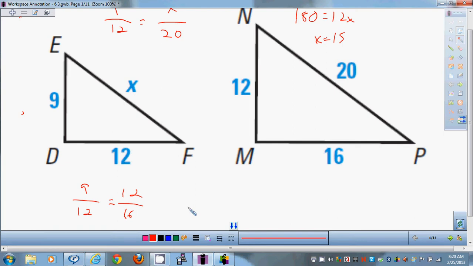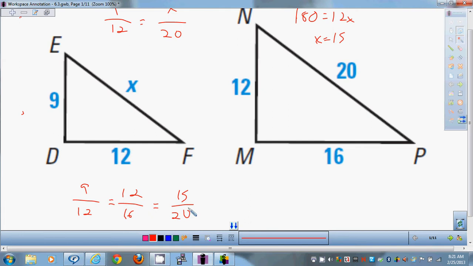How can we solve a proportion? You could just simplify it. Or what's another way you can solve a proportion? Cross multiply. 9 times 16 is 144. 12 times 12 is 144. Bang. They are the same, so you know we're right. And lastly, we found 15 over 20. Do all three of those reduce to 3/4? Yes, they do. All three of those reduce to 3 over 4, which means